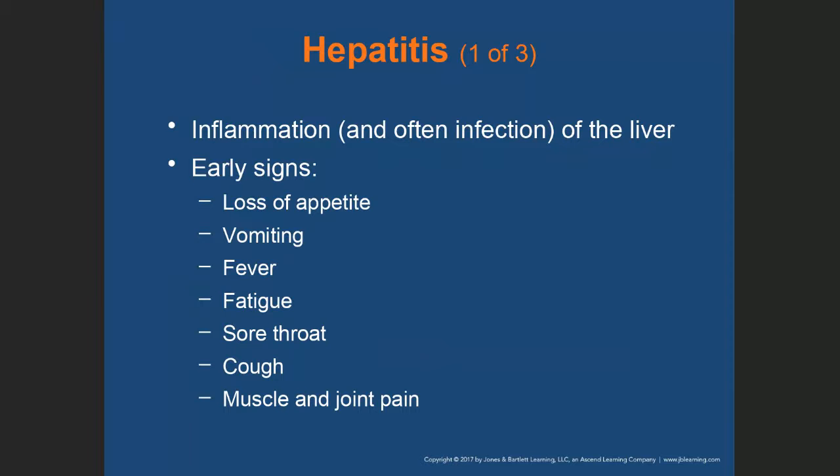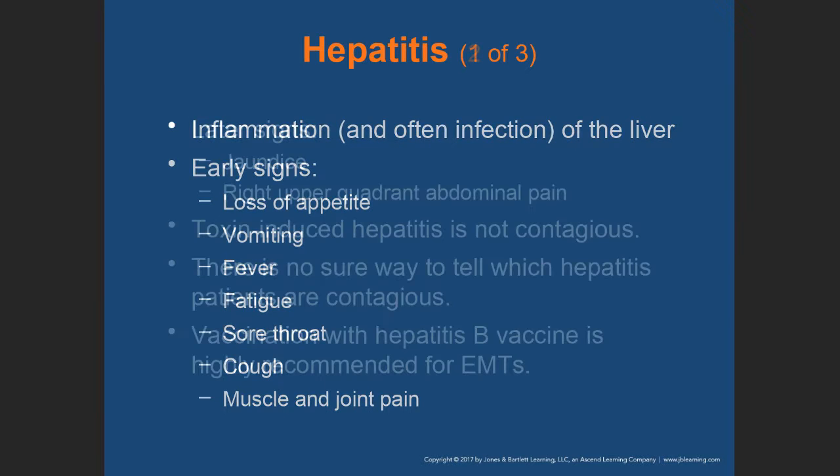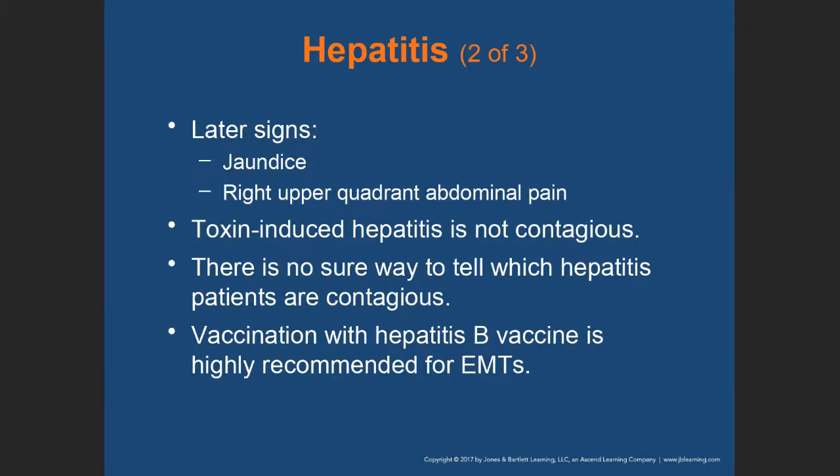Right, now hepatitis, inflammation and often infection of the liver. There are various types of hepatitis. This is A, B, C, D, and E. Early signs: loss of appetite, vomiting, fever, fatigue, sore throat, cough, muscle and joint pain. Later signs: jaundice, right upper quadrant abdominal pain. They can have toxin-induced hepatitis, which is not contagious. There is no sure way to tell which hepatitis the patients have, so we will assume that it is the